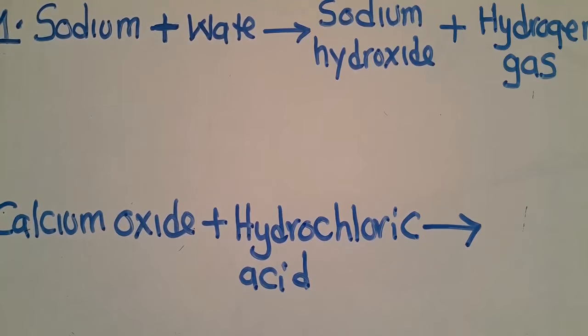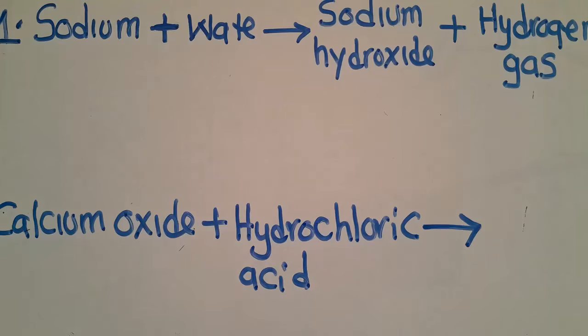We are going to learn how to balance and how to write chemical equations. So these are the two examples that I want us to revise through. Before you answer any question on this, what you need to know is chemical formulas. Are you able to write any chemical formula? Are you able to come up with chemical formulas? If you don't know, make sure you start practicing how to write correct chemical formulas with the help